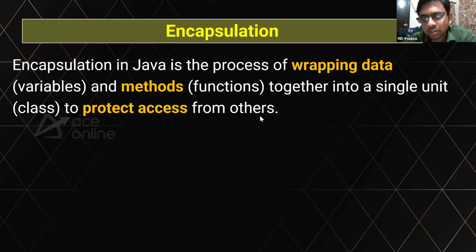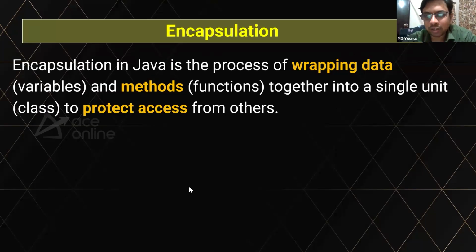To protect the access from the others is called encapsulation. So this is the definition for encapsulation. Encapsulation in Java is a process of wrapping the data and the methods together in a single unit to protect the access from the outsiders, to protect the access from the others. Okay, now I wanted to get back to our example, what we have implemented last time, and